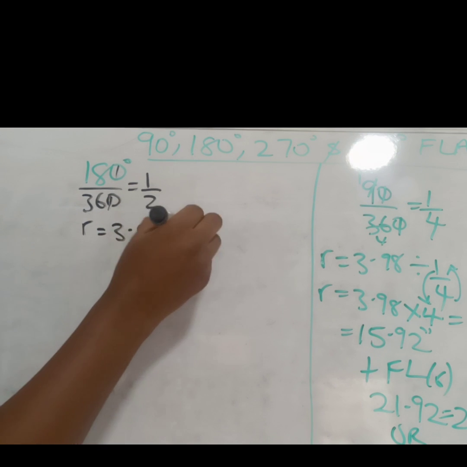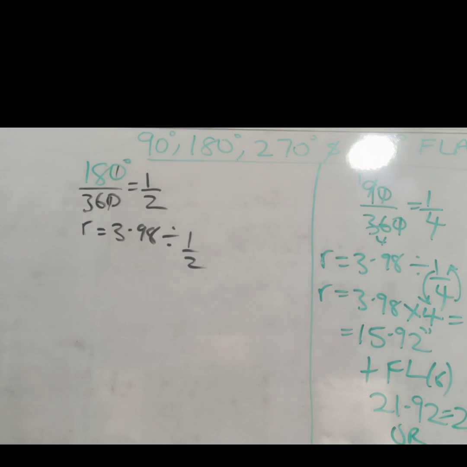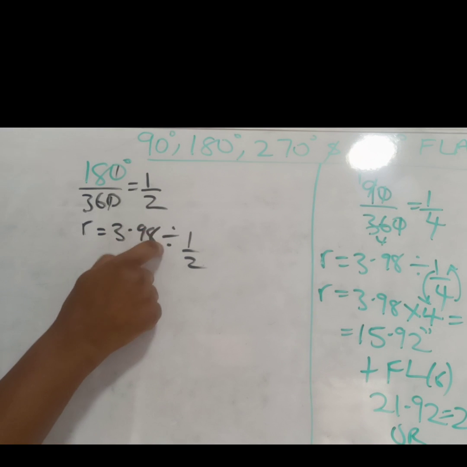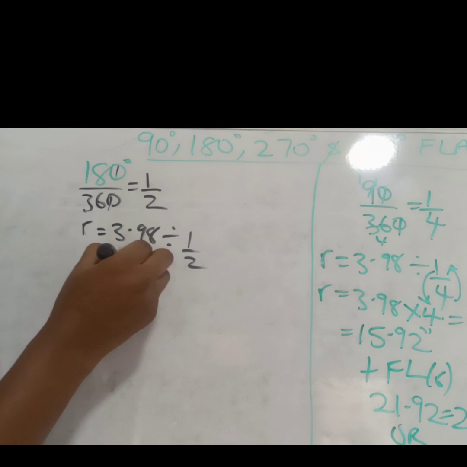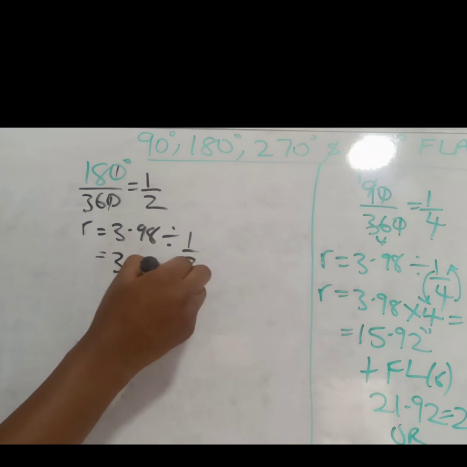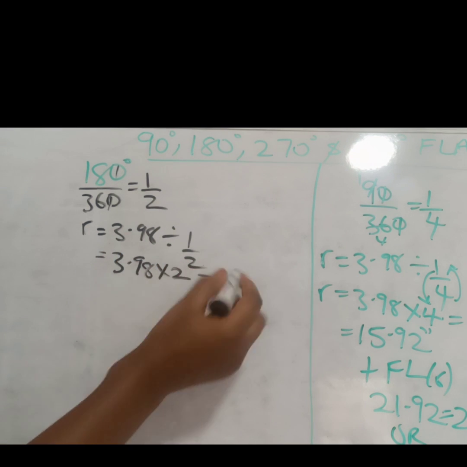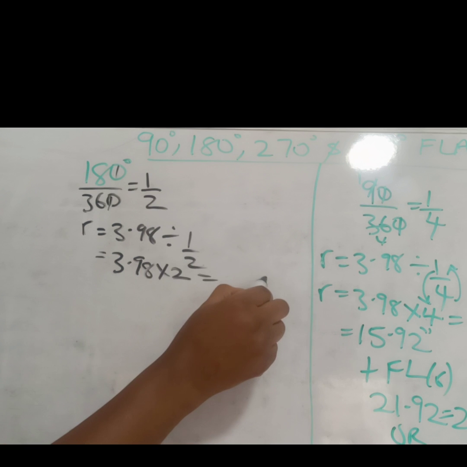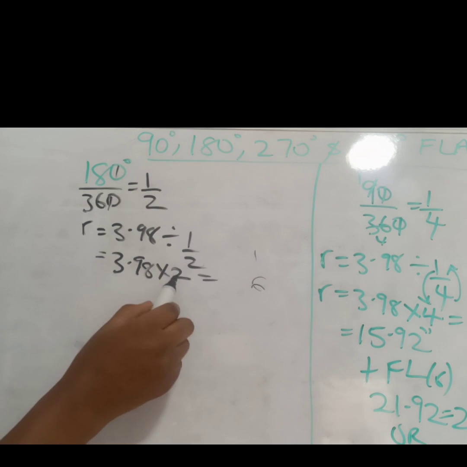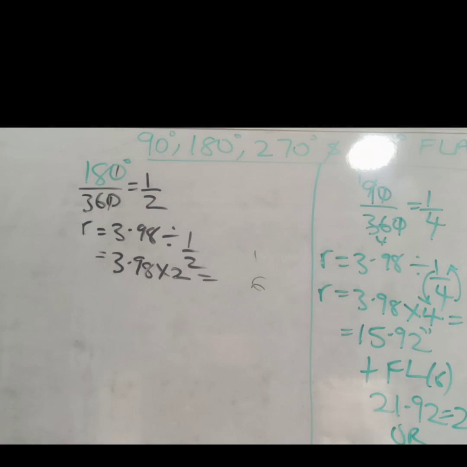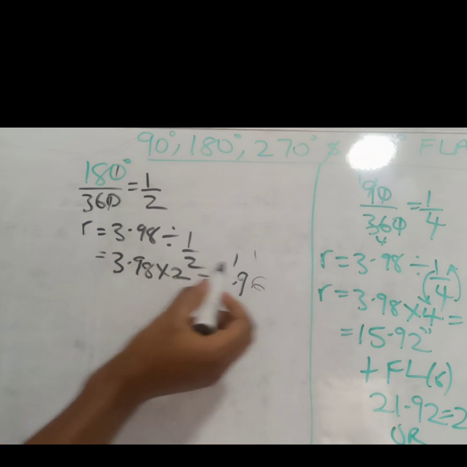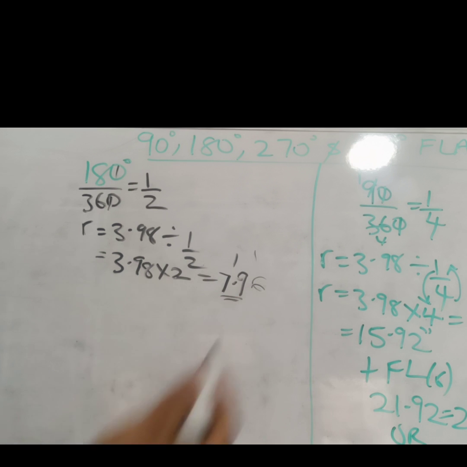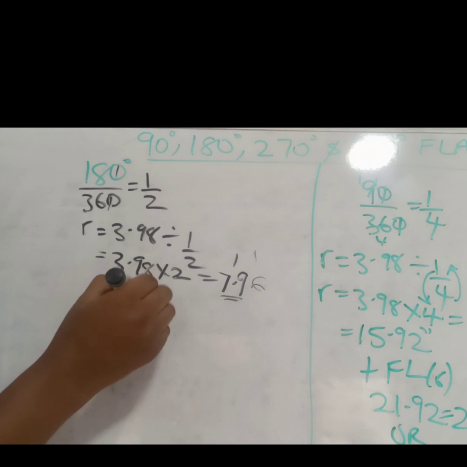So you simply divide radius 3.98 by half. And then just like we did before, to change this sign to multiplication, we are going to have 3.98 times 2. 2 times 8, 16, carry 1. 2 times 9, 18 plus 1, 19, carry 1. 2 times 3, 6 plus 1, 7. So if you do not want to do it like this,